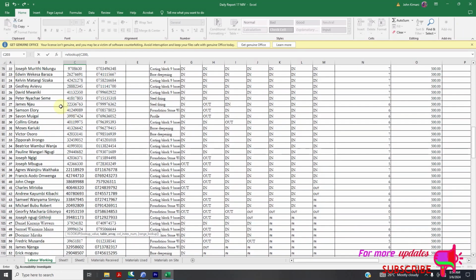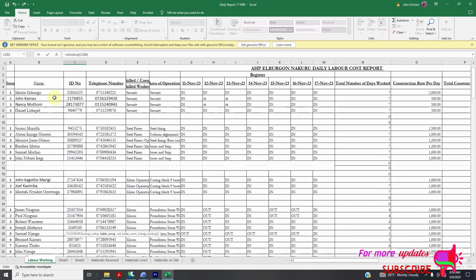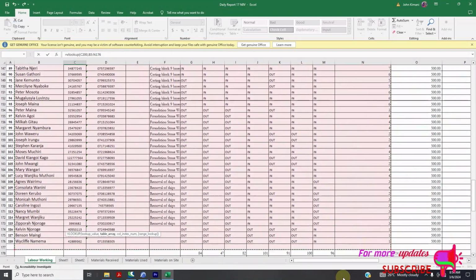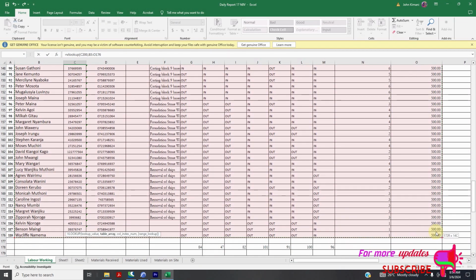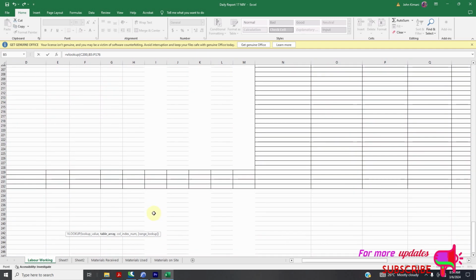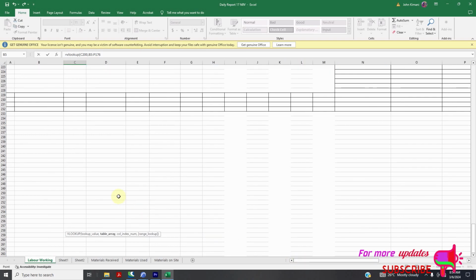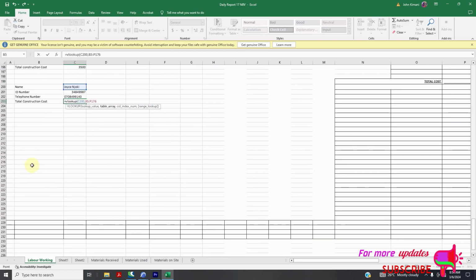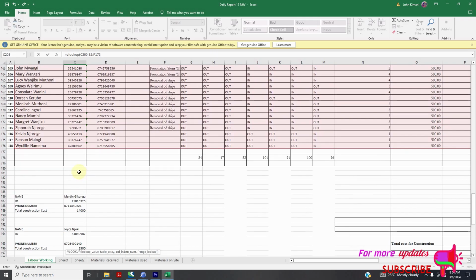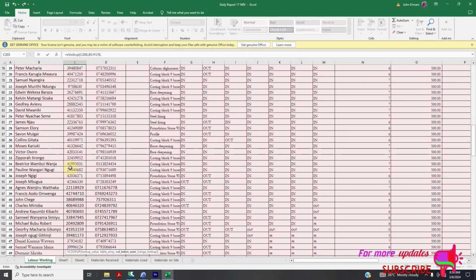My table array will be again this table, the entire of this table, starting from Martin. Drag it to number 118, that is Wycliffe. Drag it to this point. Okay. And then I'll put a comma. My column index number will be